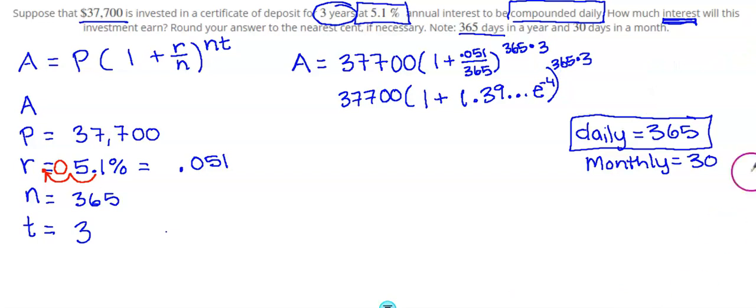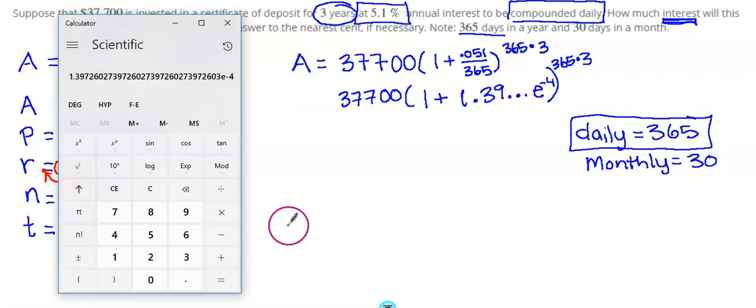Okay, so holding that funky number in my calculator, and now I need to add 1 to it. So I'm going to keep that in there and put +1. Notice the e to the -4 is gone, since I've added a whole number of 1. I'm not going to get rid of this. I'm going to hold that in my calculator